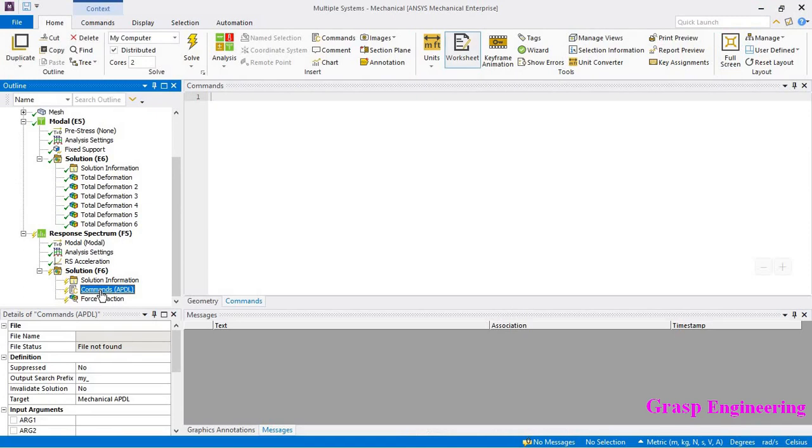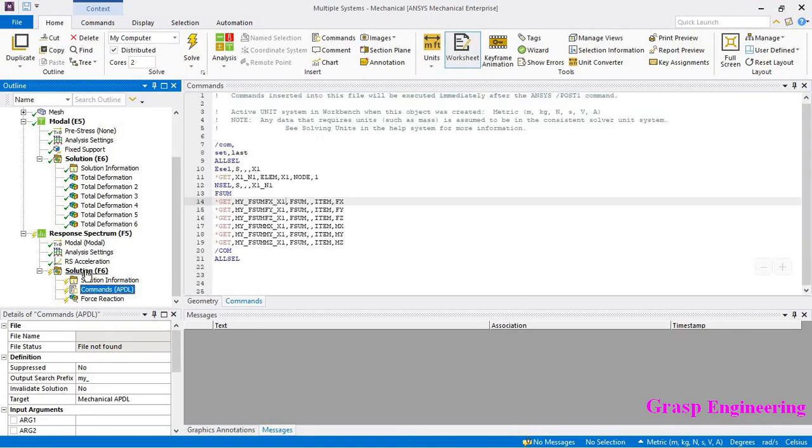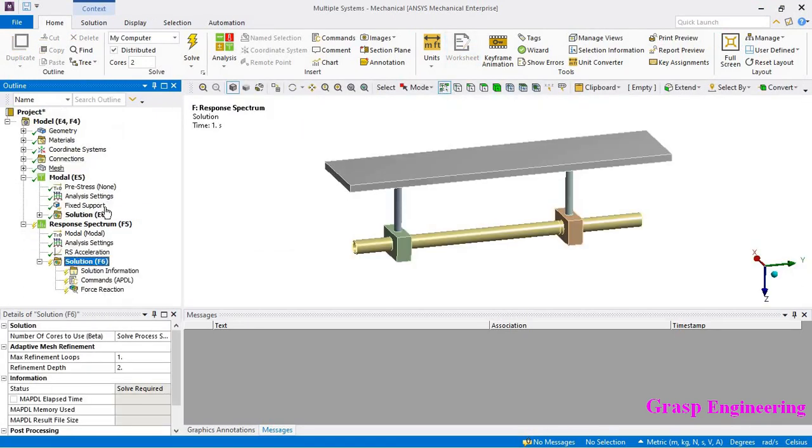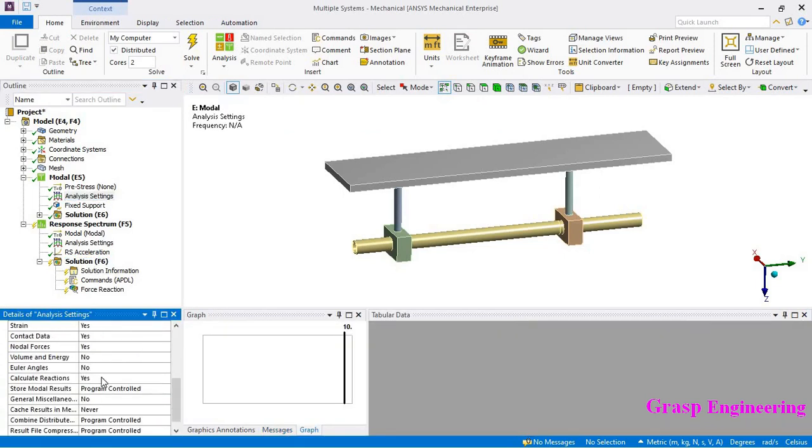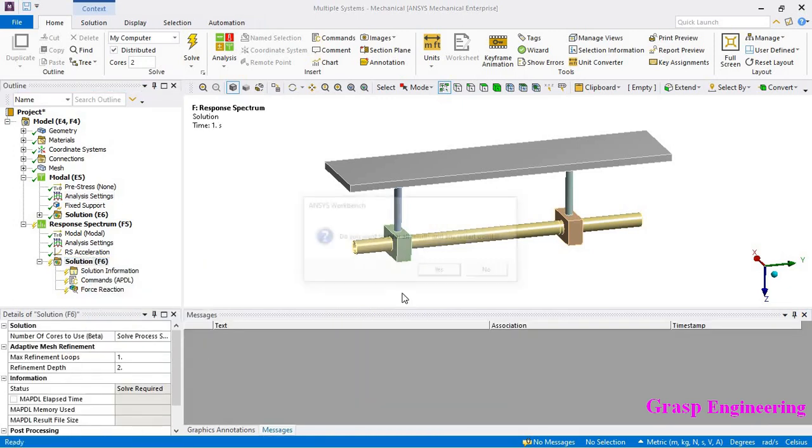Now let's go over what we did, we already wrote that. So always keep in mind, you need to write it before the simulation. And also one thing I wanted to mention here, always go to output controls, and here keep nodal forces yes. By default it is no, but you need to keep yes. If it is no, then it will not give you any reactions. You just need to keep this yes, then only you will find the reactions. Okay, now clear this and then solve the simulation.